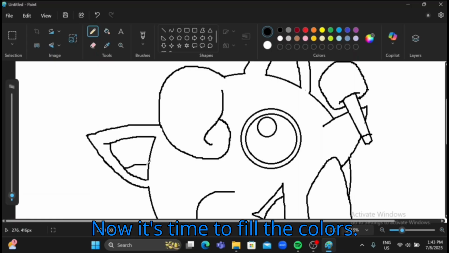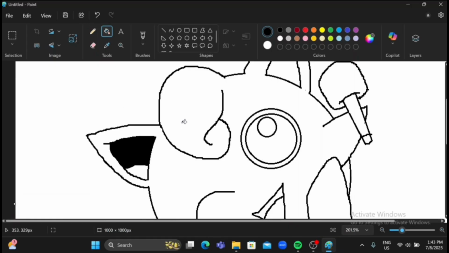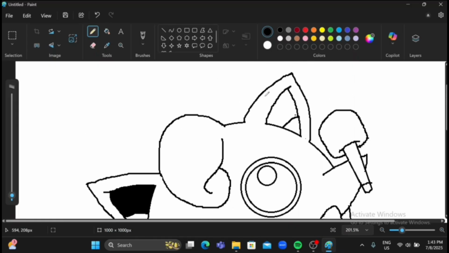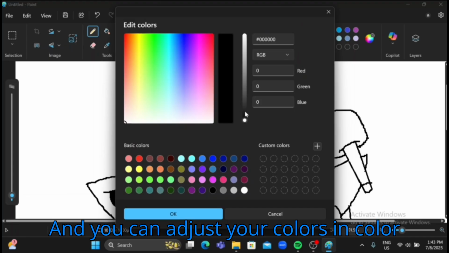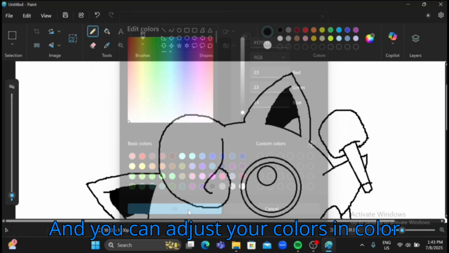Now it's time to fill the colors. And you can adjust your colors in color editing.